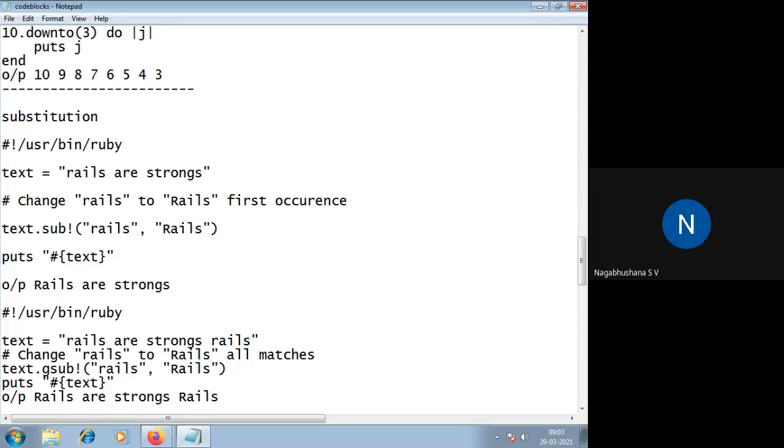So what is happening here is, suppose I have a text rails or strongs. Maybe you have some n number of paragraphs. In one paragraph, the word rails would have been repeated n number of times. Assume it is repeated, say, 5 times in the entire paragraph, and the paragraph contains, say, some 5 lines. And that word, the small rails,